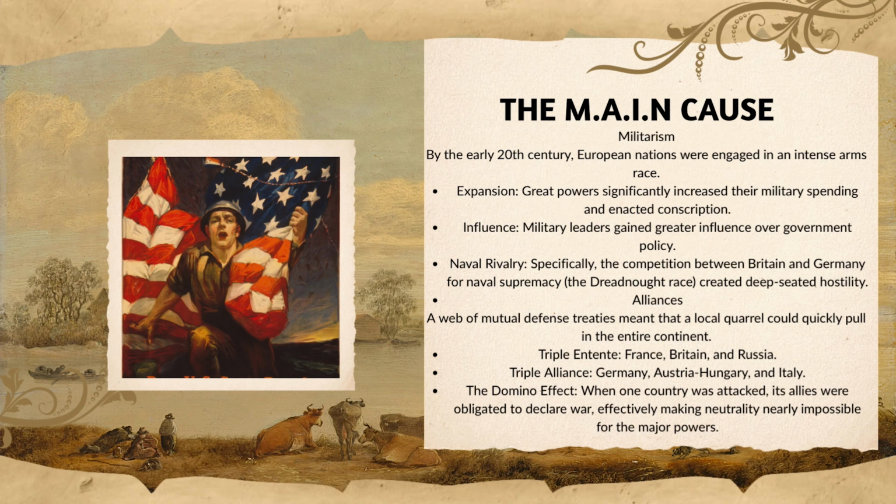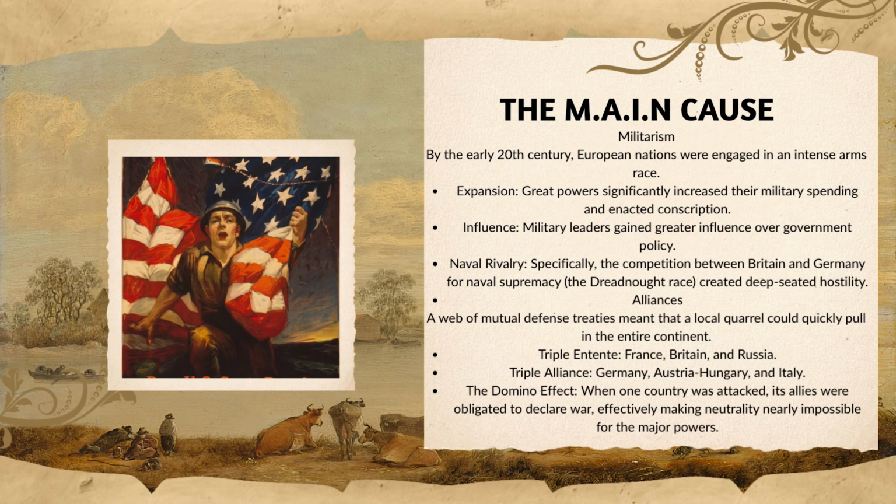Next, we have A in MAIN, which is alliances. A web of mutual defense treaties meant that a local quarrel could quickly pull in the entire continent. We have the Triple Entente, which is France, Britain, and Russia. The Triple Alliance was Germany, Austria-Hungary, and Italy. The domino effect: when one country was attacked, its allies were obligated to declare war, effectively making neutrality nearly impossible